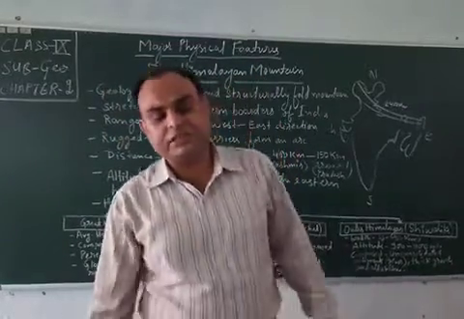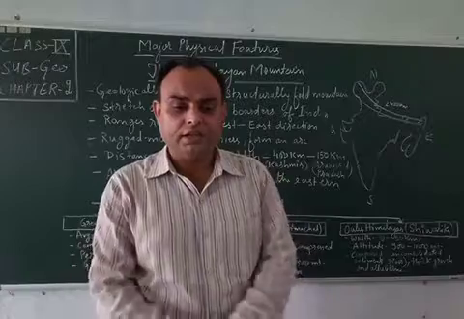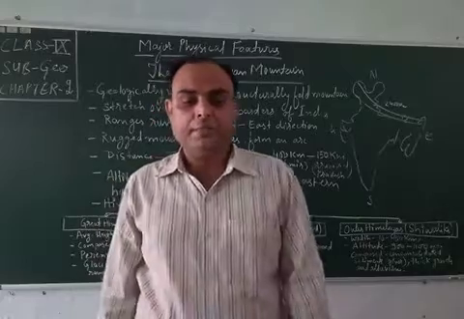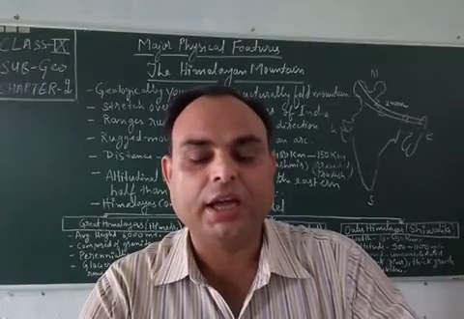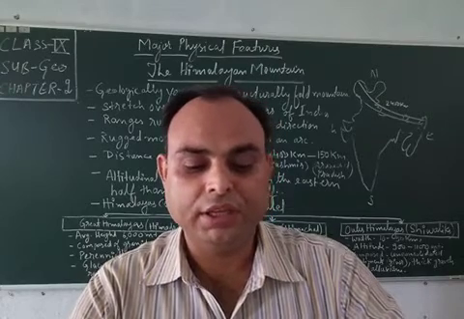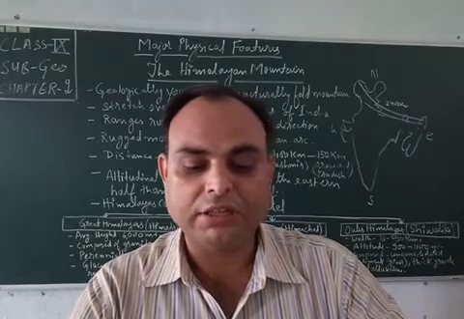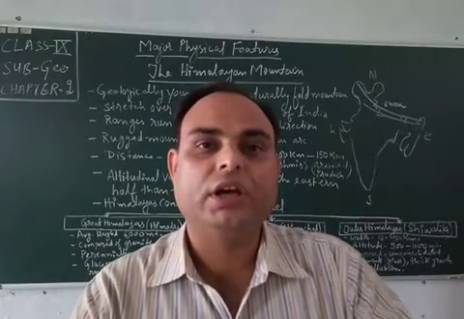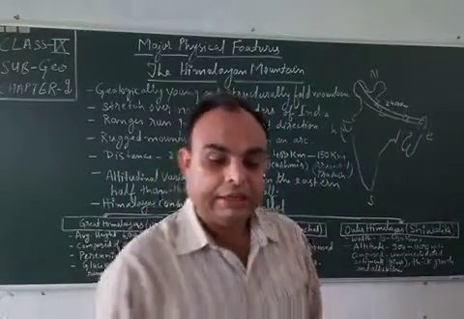Mount Everest, located in Nepal, 8,848 meters height. Next is Kanchenjunga, located in India. Next, Makalu, again Nepal. Dhaulagiri, Nepal. Nanga Parbat, India. Annapurna, Nepal. Nanda Devi, India. Kamet, India. Namcha Barwa, India. Gurla Mandhata, again in Nepal. So we have seen some of the important peaks which are located in the Greater Himalayas.